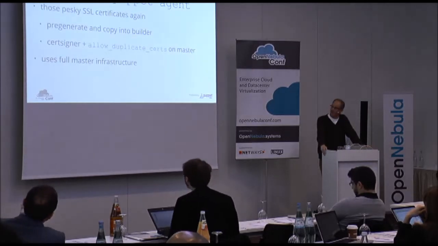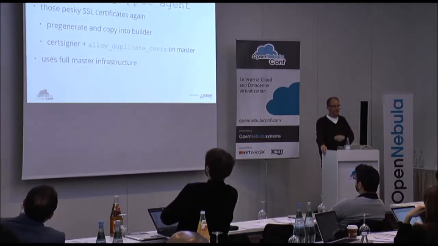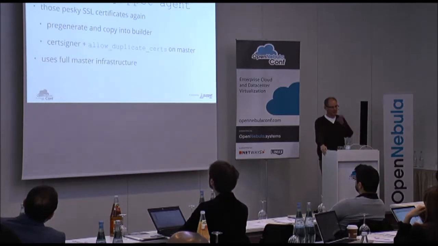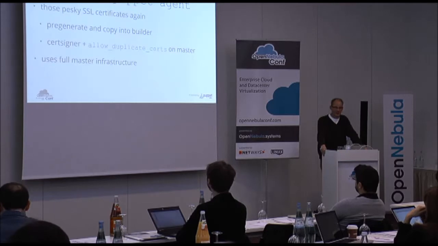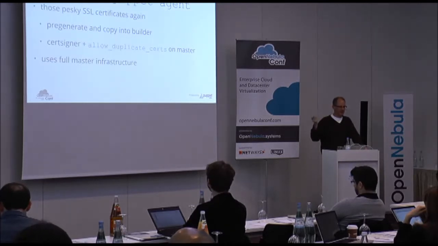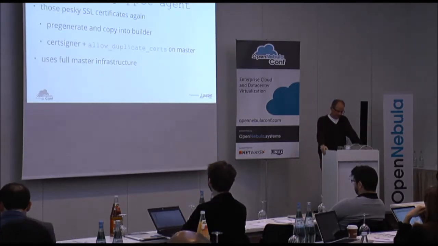There's two ways you can get around that. One is, for each sort of image you want to build, you pre-generate SSL certificates yourself, copy them into your image builder, and use those. Or you go through what I just described with automating certificate signing, and do that during your image build. The one thing you have to be careful with is that if you repeatedly build the same image, the Puppet master freaks out when it gets a request for a certificate for the same host name it's already issued. It'll say, no, I don't want to do this. So there's a little setting you have to make on the master to enable that.